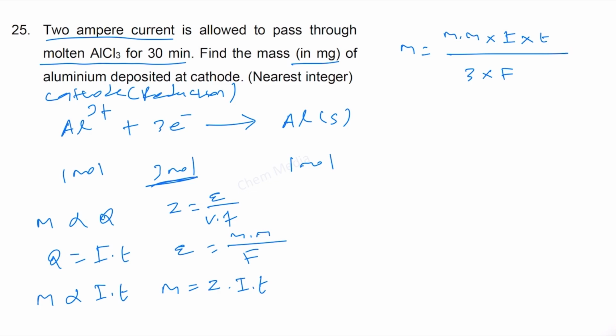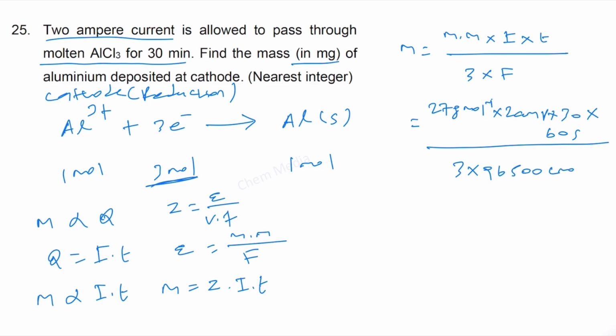Therefore, molar mass of aluminum is 27 gram per mole, current is 2 ampere, time is 30 minutes, but we need to convert it into seconds. Therefore, multiply by 60,